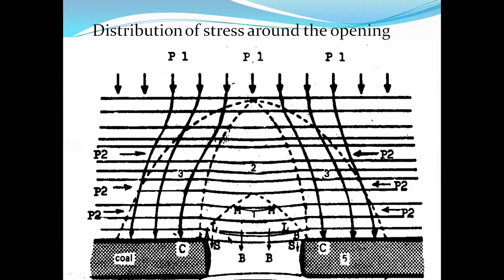So it all depends, because if I provide a proper support, the load that is acting on the abutments gets reduced, because here also certain load will be acting. These supports will carry certain load. Okay, that leads to what? Less pressure on the abutment, so that we can avoid the coal bumps. So it's nothing but we can avoid the excess of pressure or excess of stress that will be acting on the abutments of the pillar. So that's what exactly it is.